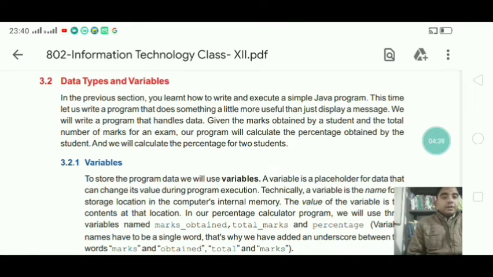Another rule is Java is a case sensitive programming language.